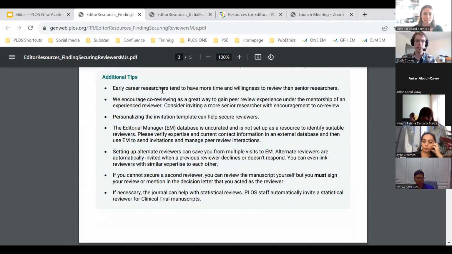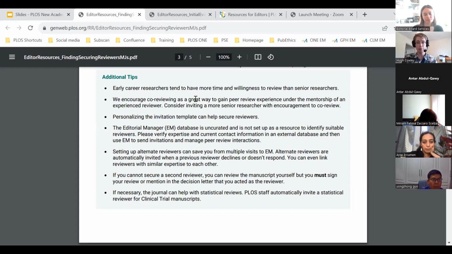Some additional tips here. Early career researchers do tend to have more time and willingness to review. This is something we see universally across all fields. We do also encourage co-reviewing. This is often overlooked, but if you know, say, a group leader who might not have the time to carry out the review themselves, you might want to suggest that one of their postdocs or one of their students carries out the review with their help.